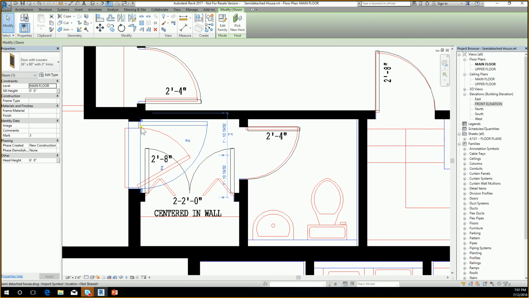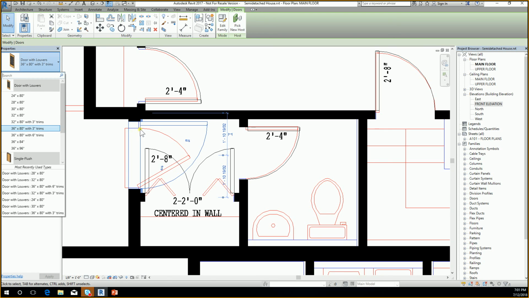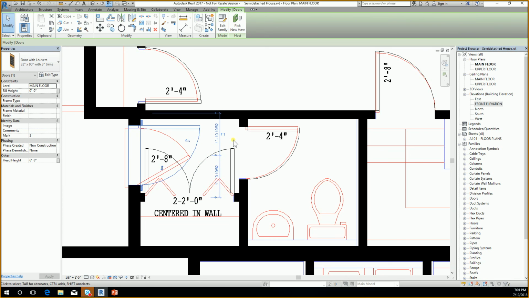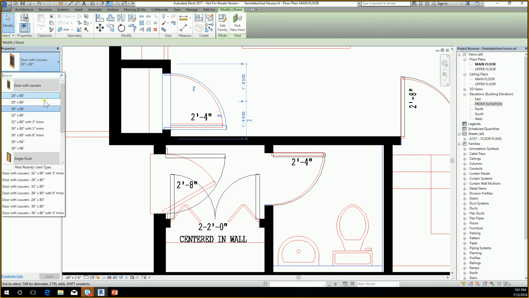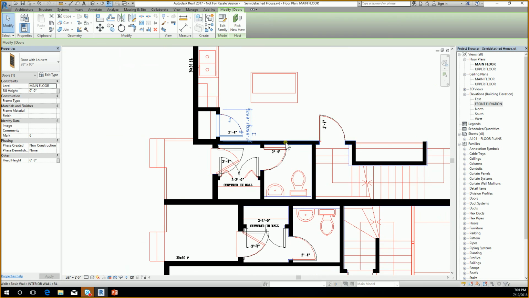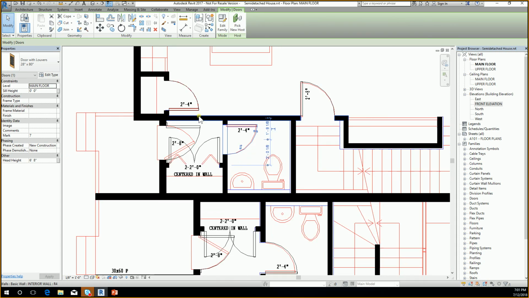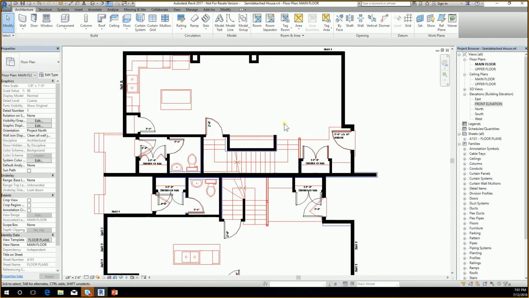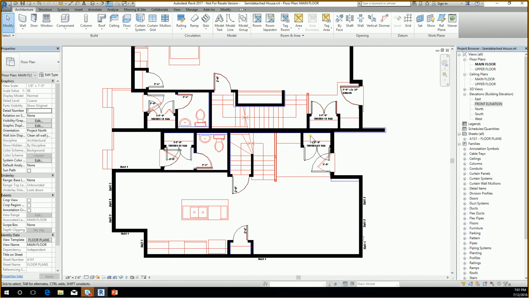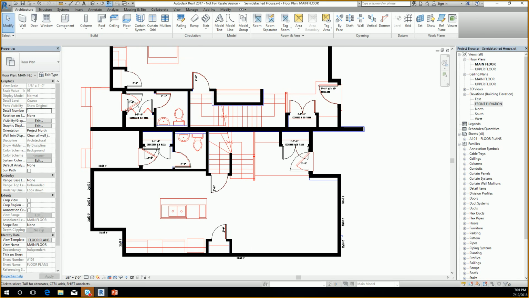And this one should be 2'8" with the trims because it's an exterior one. So it'll be this one here, right? And this one should be 2'4" again. So now I think all my doors are the correct size, right? Yeah. So I now have all the doors with the correct size on them already. So